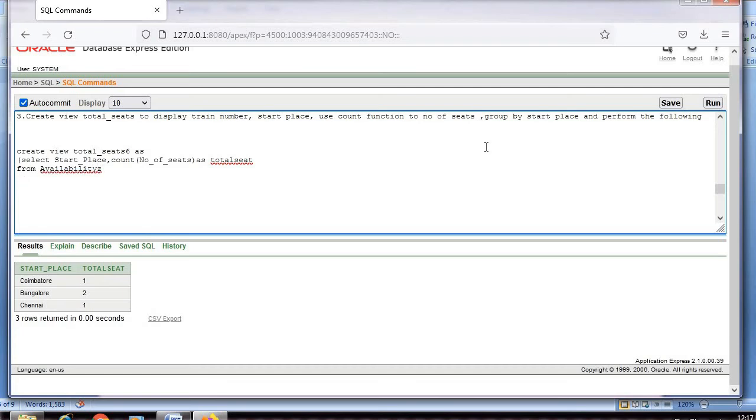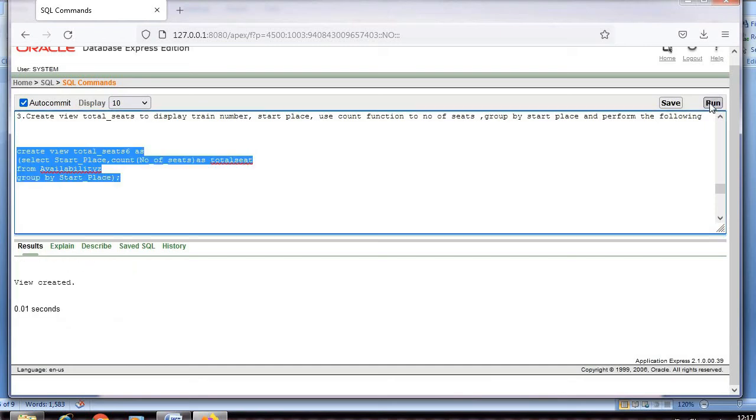And they've asked you to group by start place. Okay, this I have created. I'll run this first and then I'll explain. Yeah, we have created a view.